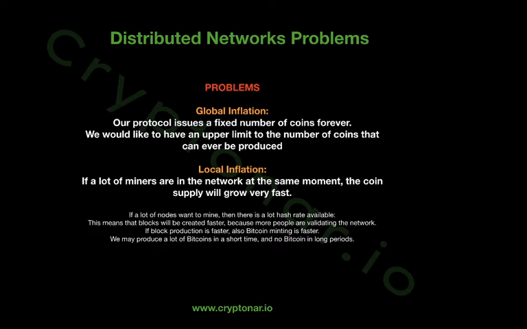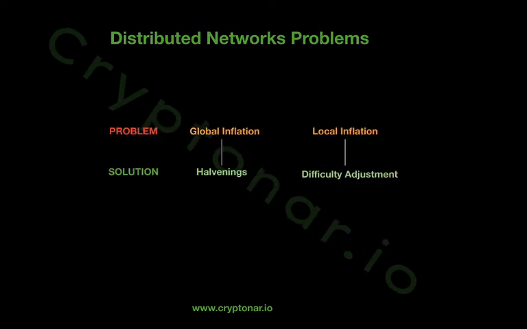This way, we really don't want a lot of mining power joining the network at the same moment and beginning to create blocks non-stop, very fast, because this is going to drain all the supply fast. Even if we fix the total number of Bitcoin to 21 million, maybe in one period in which everybody's validating the network, these Bitcoins get created very fast, and then they don't get created at all from tomorrow, because they finished. So we want to regulate this kind of local inflation, this particular-point inflation, I would say.